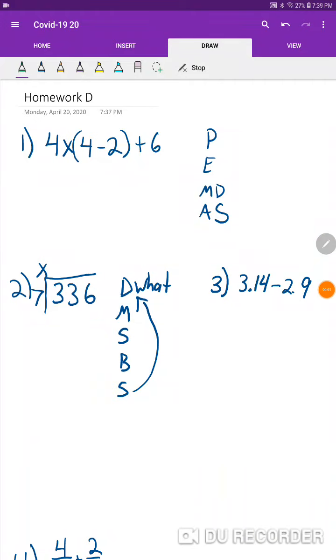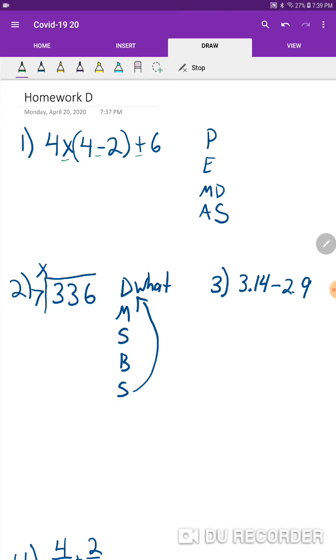Okay, let's do the test corrections. For homework D, the first one we have is one that'll get you really ready for 6th grade. This is an order of operations problem. Remember, an operation is adding, subtracting, multiplying, and dividing. And this problem actually has more than one of those operations, so you need to do them in a certain